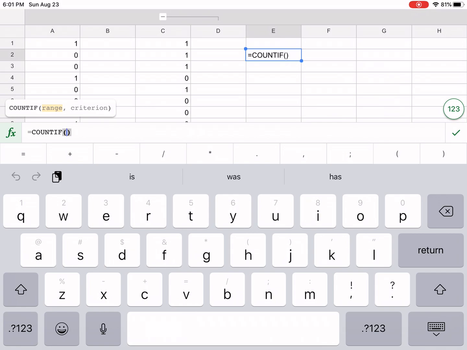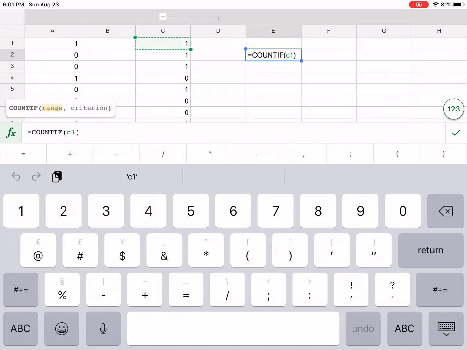So I put these in column C. And C goes from 1 to 20. And the way that works is, so I go C1, because that's the first one. C1, notice how it's selected, colon, and that basically tells the word TO. So you're going from C1 to C20, and that'll select them all. And comma, and my criteria. Put your criteria in quotations. So what I would like is, for instance, all the ones. So I'm going to write equal 1, and then end my quotation,